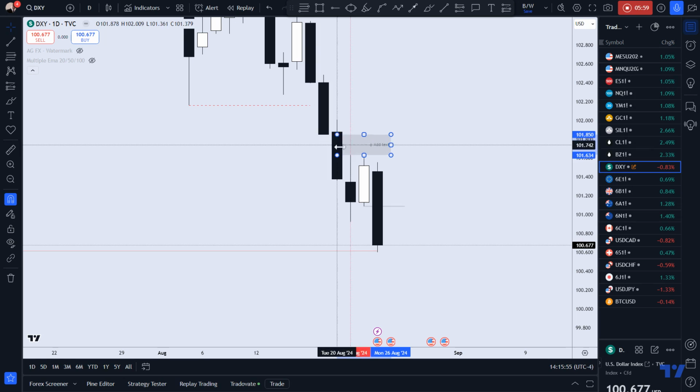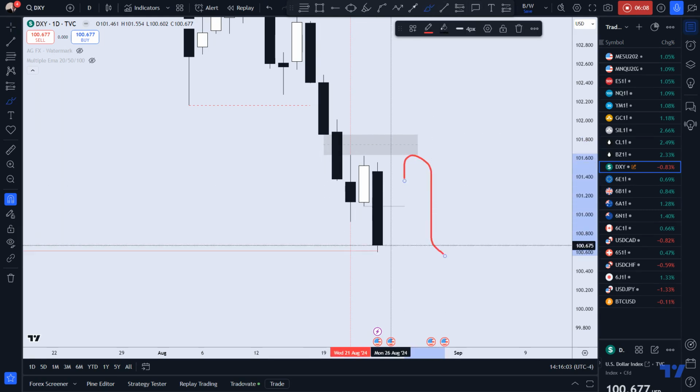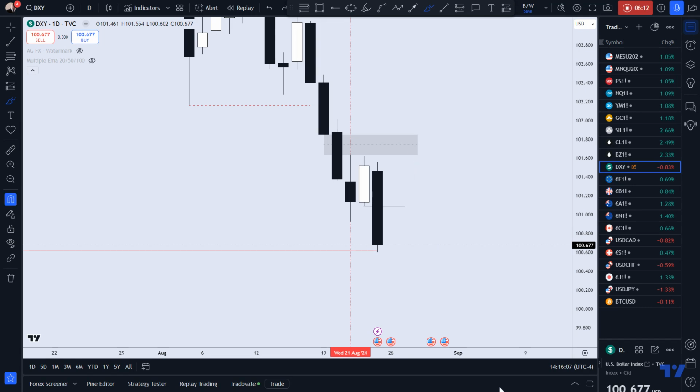And price could come up here and just turn down and go lower, and that's what I'm looking for. I'm bearish on, I have a weak outlook on the U.S. dollar. If it starts bullish, just understand there's news coming.